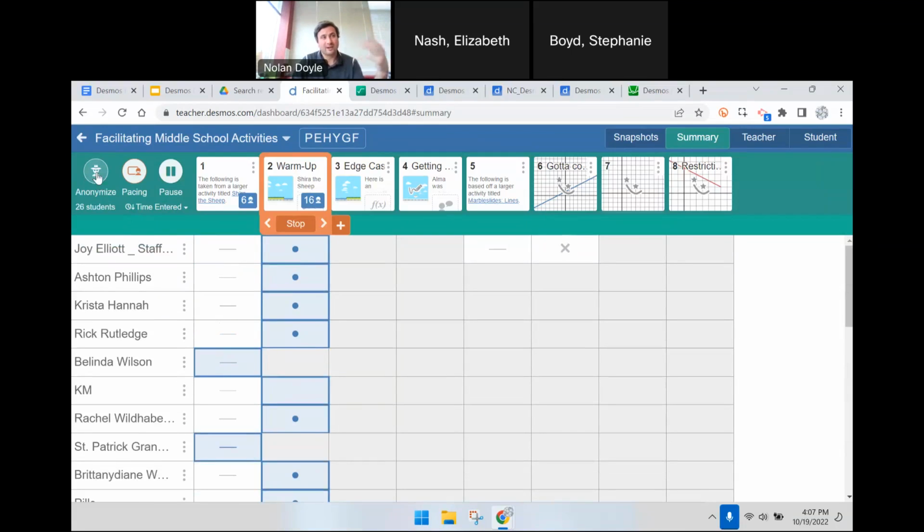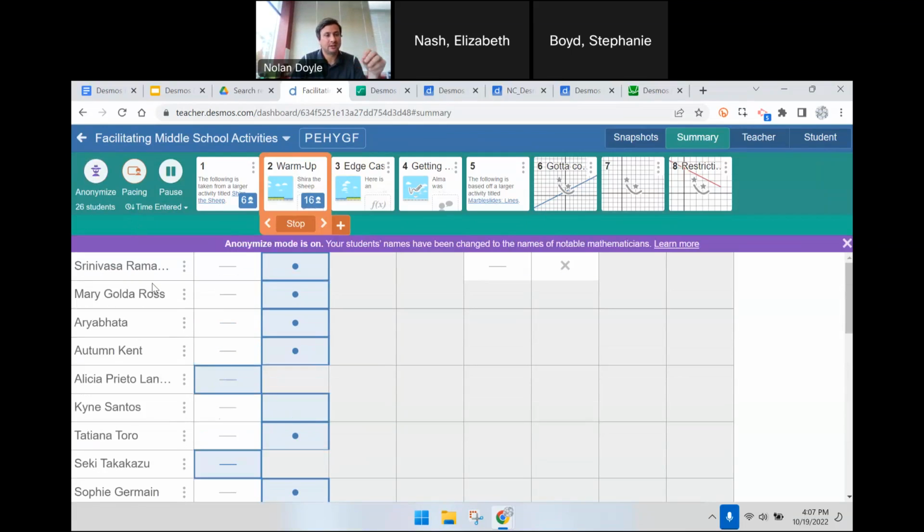When I'm ready to display some student work in front of the class, I'm going to go to the anonymous mode. These have been selected mathematician names, but they are assigned randomly. And what's kind of cool is the students will be like, well, where are these names from? And they'll Google them and learn something about these mathematicians